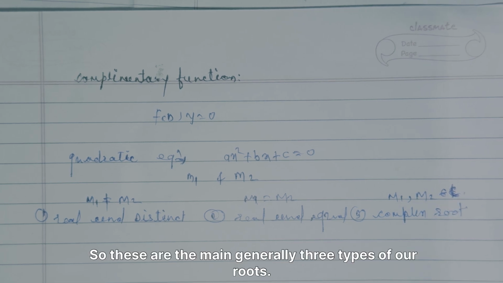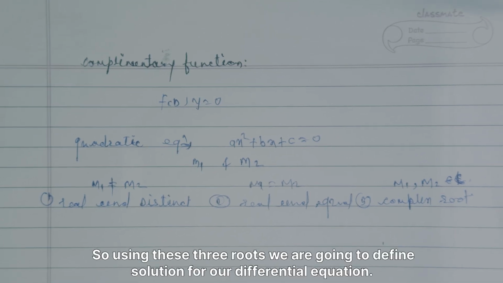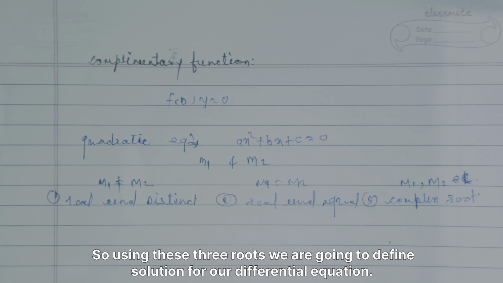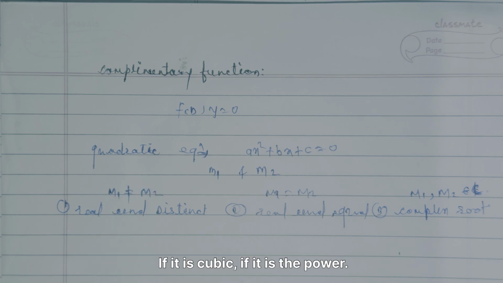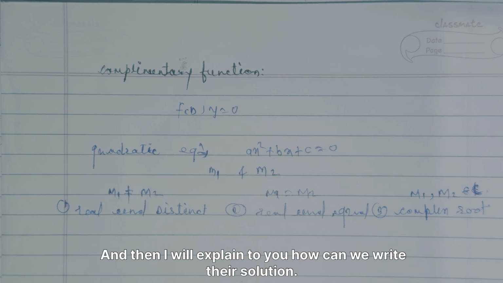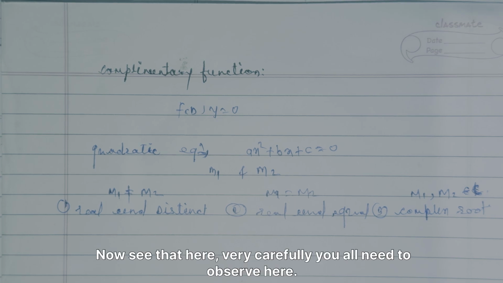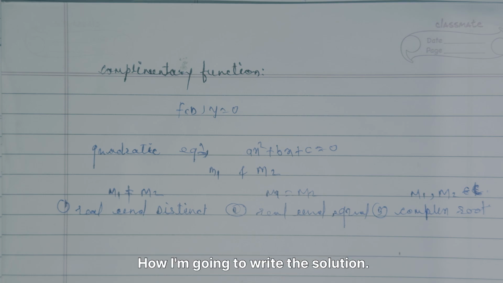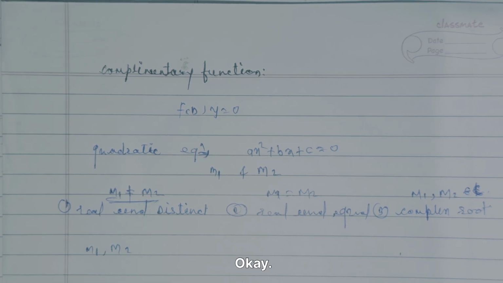So these are generally the three types of roots. Using these three types, we are going to define the solution for our differential equation. First I consider only the quadratic equation. If it is cubic or nth power, I will explain afterwards how we can write the solution. Now you need to observe very carefully how I am going to write the solution using our roots. If I have real and distinct roots, m1 and m2 not equal, but from the real numbers,